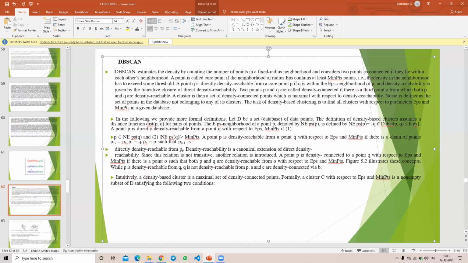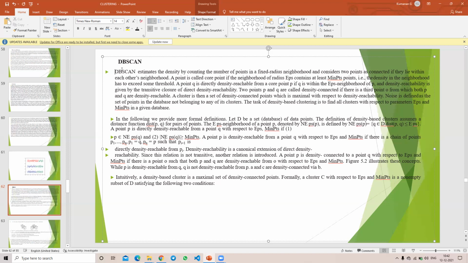A point P is directly density reachable from a point Q with respect to EPS and minimum points if P belongs to N_EPS(Q) and the size of N_EPS(Q) is greater than or equal to minimum points. A point P is density reachable from a point Q with respect to EPS and minimum points